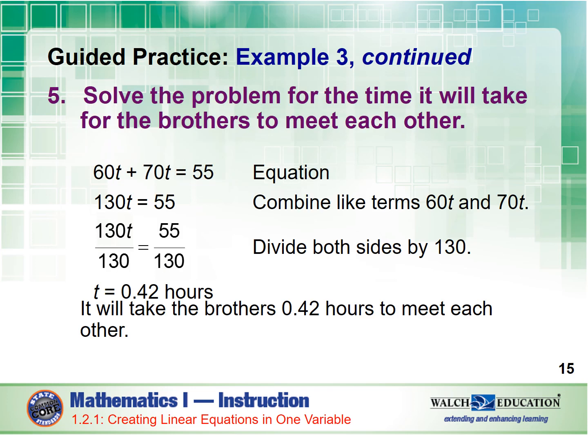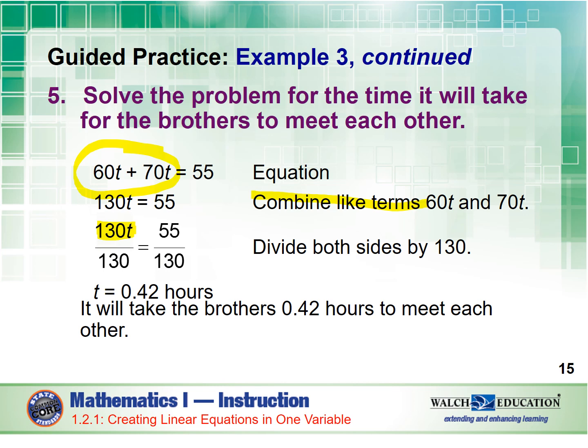Now we are going to combine. We have got some like terms. We have 60 plus 70, which is 130. 130t equals 55. Now, after we combine like terms, this is new when we solve an equation. And you guys did this in 7th and 8th grade, but it's been a long summer and you may not remember. So whenever you have a number attached to a variable right here,